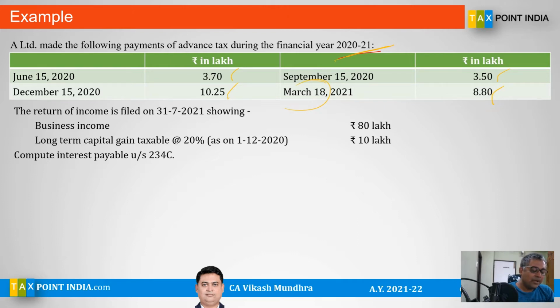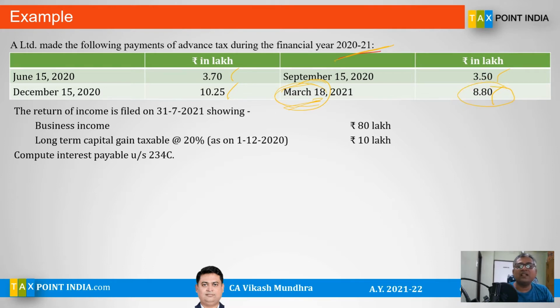Be careful. This was the payment for the fourth quarter in the month of March. It was paid on 18th March. The company is supposed to pay advance tax on 15th June. By 15th June, the company is supposed to pay 15% of their advance tax liability. By 15th September, 45%. By 15th December of the previous year, 75%, and by 15th of March, 100% of the advance tax liability. Since it was delayed,